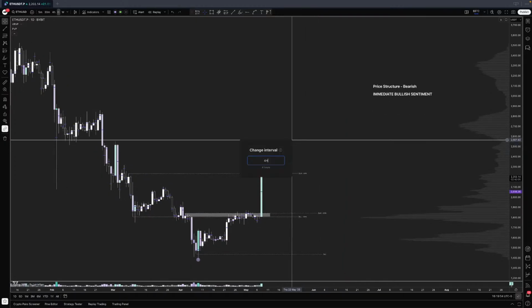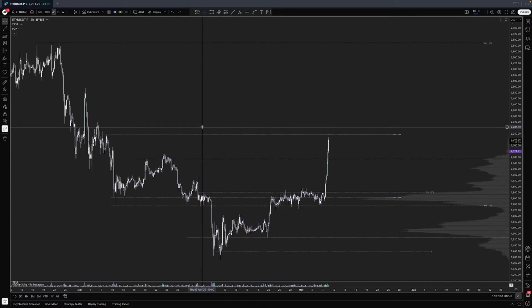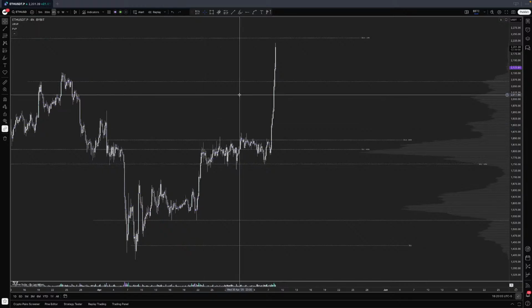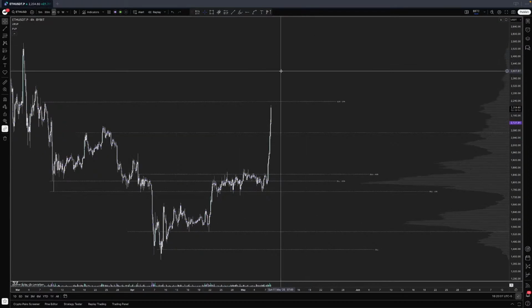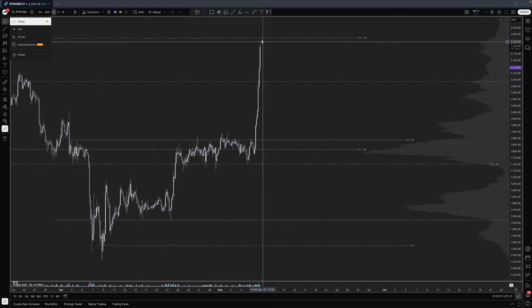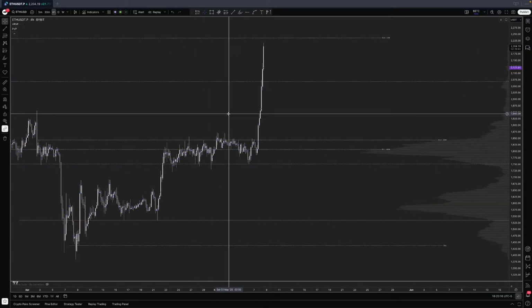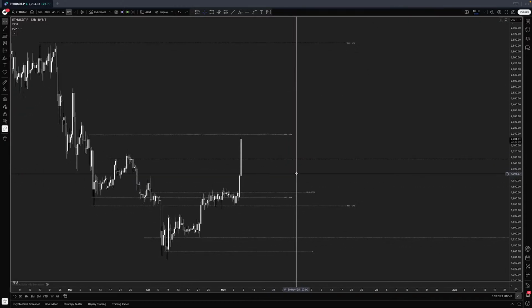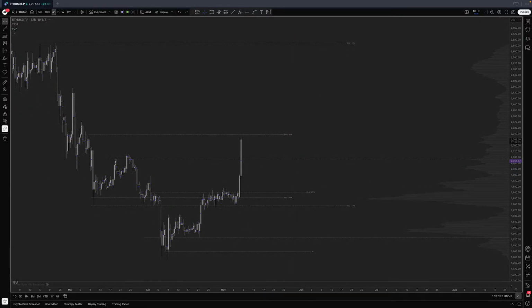Now we're going to go to the 4-hour chart. And as you can see, everything starts to align over here. Everything starts aligning, and you're going to see these levels working like a charm on every single time frame. For this time frame, we are also going to highlight our intra-week levels. You can use the 12-hour chart, or you can use the 4-hour chart. To be honest, I prefer the 4-hour.